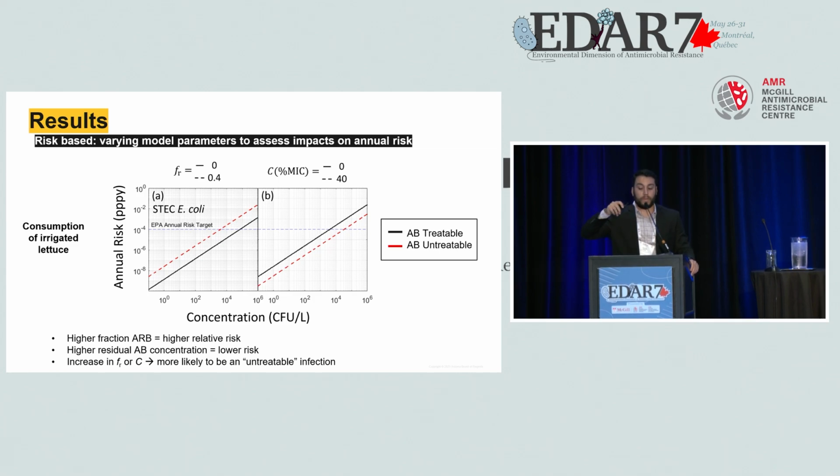We have the black solid line, and then going down we have the dotted red line for the increased antibiotic concentration. However, in both cases, we see that the dotted line is red. So based on the probabilities of the population survival, we predict both the probability of risk and the probability of the infection being caused by either the resistant or the susceptible population. If it's caused by the resistant population, we're calling it an untreatable infection, which is the red line. So in both cases, if you increase the fraction of resistant bacteria or increase the C, you're more likely to cause an untreatable infection.